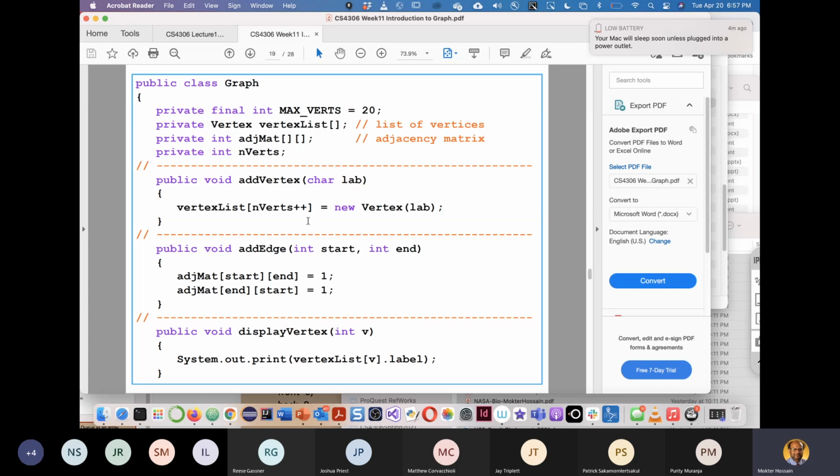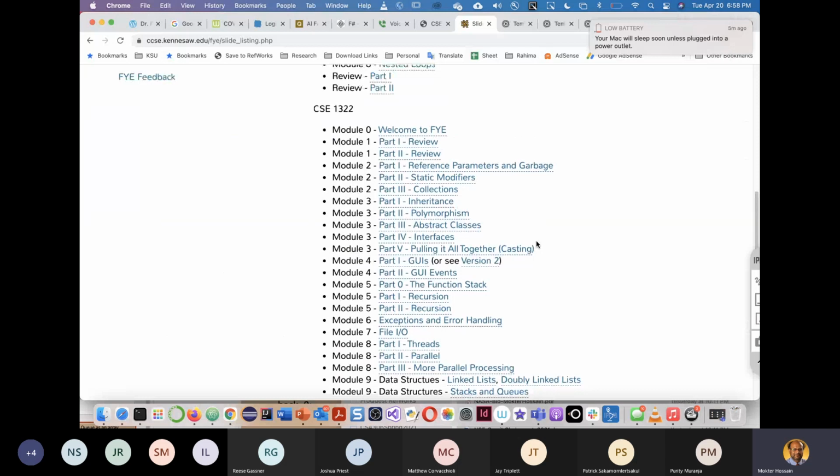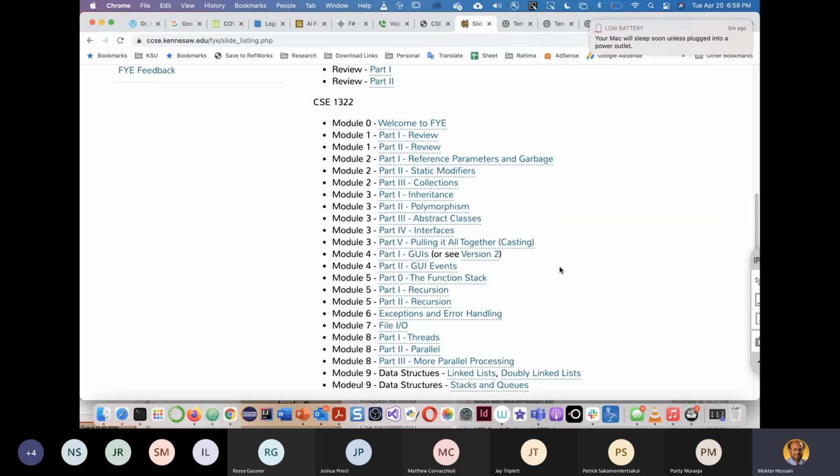So in this course, you got a good foundation about object-oriented programming, right? This is the only course where you will learn object-oriented programming. No other course will teach you object-oriented programming. So I think we have covered everything that was in our module, and